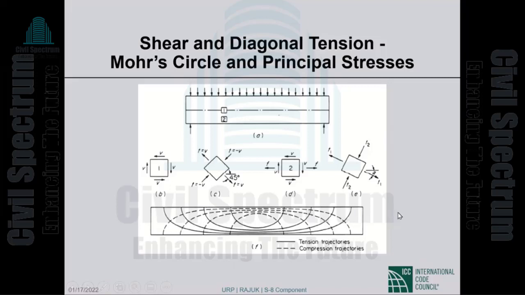So we have plotted trajectories of tension stresses in solid lines, and we have plotted trajectories of compressive stresses by the dotted lines. For any beam, we are in a position to do this. Not that we typically do this, but this is very, very important from shear design point of view, because the